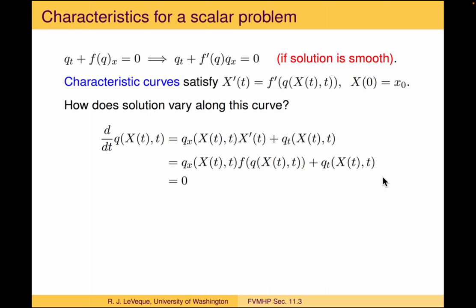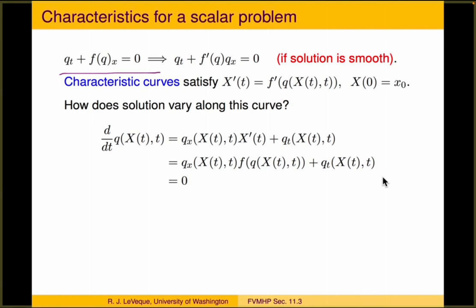So if solutions are smooth, we can use characteristics to solve the problem. So if we start with the PDE form of the conservation law, if we assume things are smooth, we can further write that in this quasi-linear form, q_t plus f'(q) q_x equals 0. And then we can define these characteristic curves that are curves capital X(t), whose derivative, X'(t), is equal to f' evaluated at whatever density q occurs at this particular point, X(t) at time t. Okay, so if we start with X at time 0 being some little x0, and then we solve